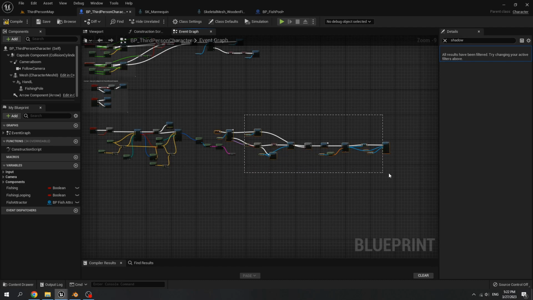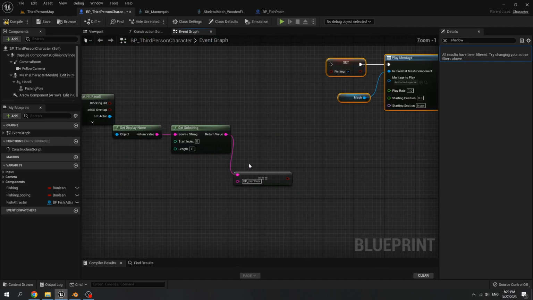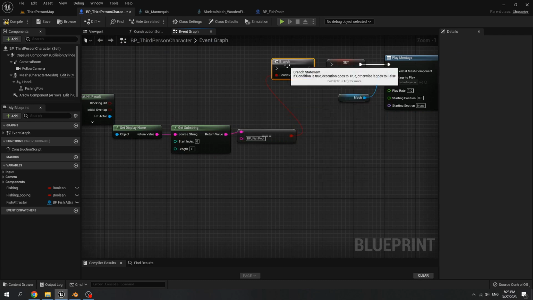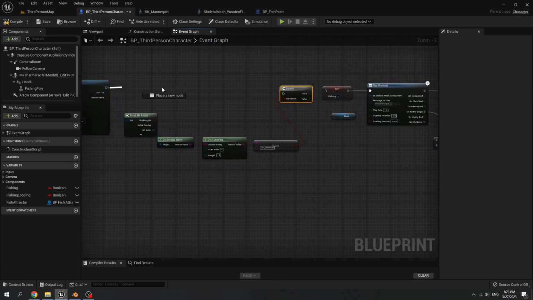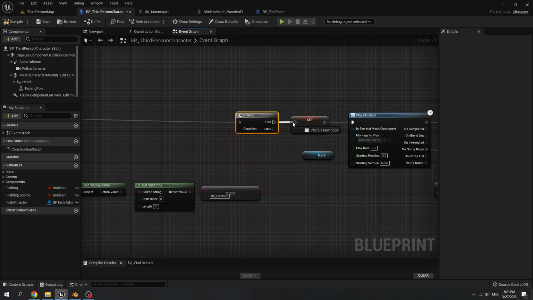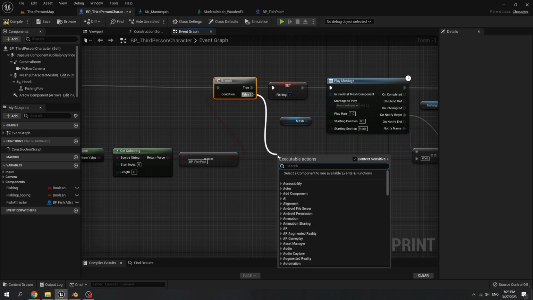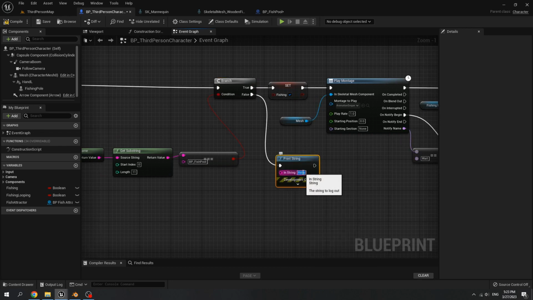Move this node a little bit, and if it's true, create a branch. If it's true, we go fishing, and if it false, print string no fishing.